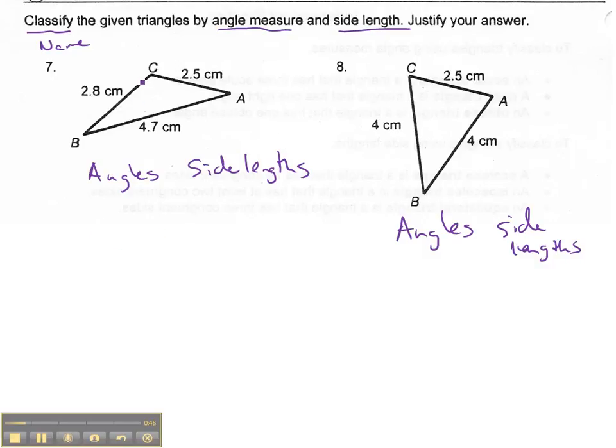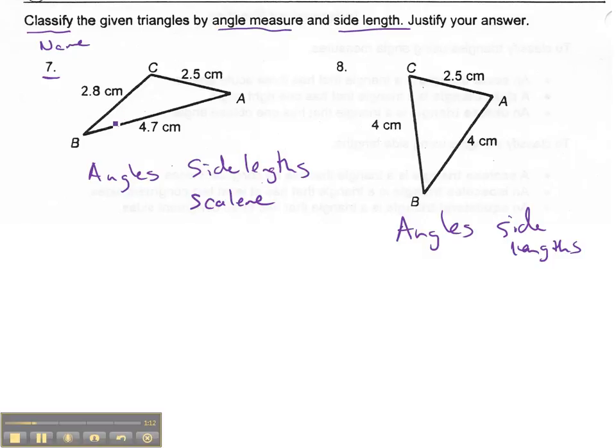Anyway, the side lengths for this first triangle, ABC and number 7, are 2.5 centimeters, 2.8 centimeters, and 4.7 centimeters. So we learned in class when we made our foldable that if all the side lengths are different, there are no congruent sides, that's a scalene triangle. But then you might ask yourself, how can I name it by the angles because I haven't been given any